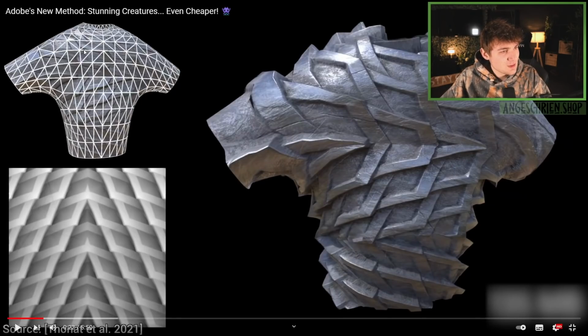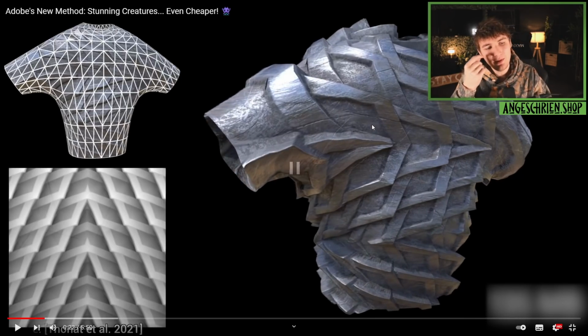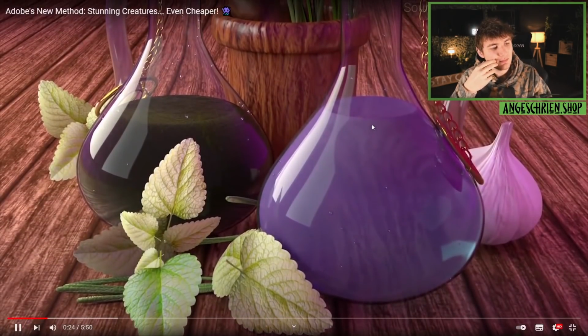Guck mal, von so einem einfachen Mesh, also von so einem einfachen 3D-Modell mit der Textur hier zu sowas krass Detailliertem. Das ist sehr beeindruckend. Wenn man überlegt, wie viel Arbeit das sonst ist. Now, here, we wish to create a virtual world, and we want this world to be convincing, therefore we will need tons of